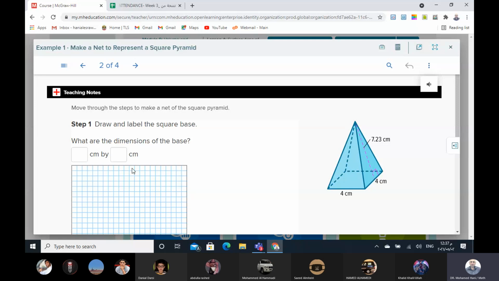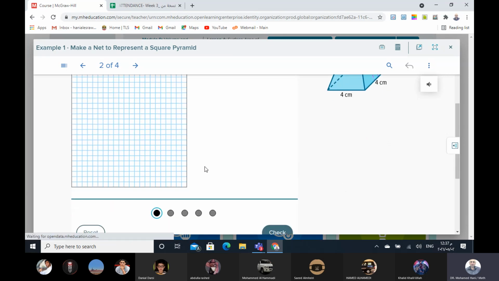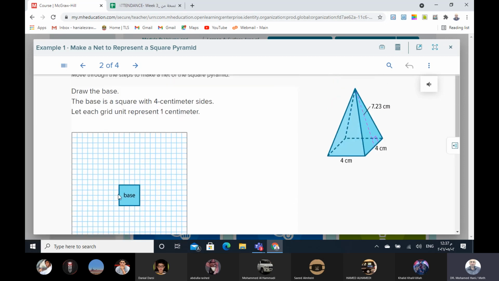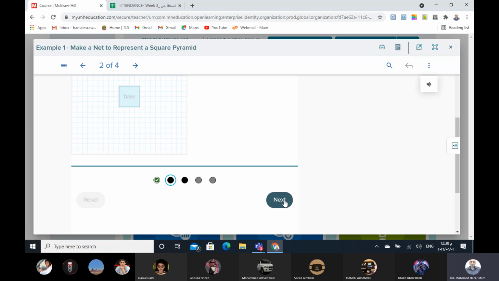Okay, now we want to draw and label the net. What I do is start from the base. So draw and label the square base. What are the dimensions of the base? As you see, here we have 4 and here we have 4. So we can write here 4 and here 4. So this is the base square, 4 here and 4 here. This is the base. Then the second step,